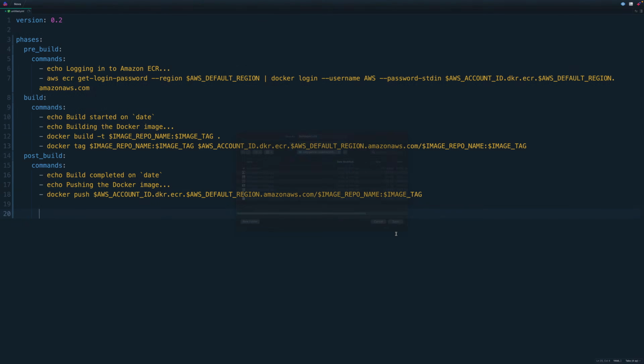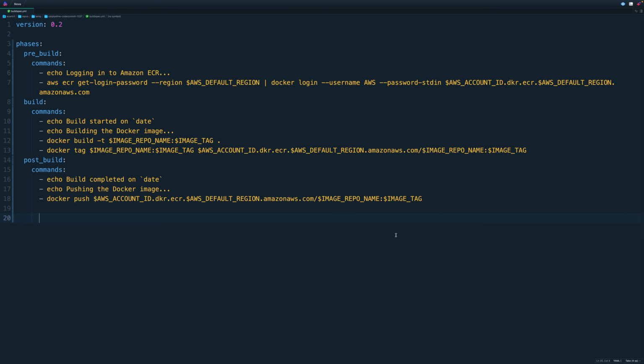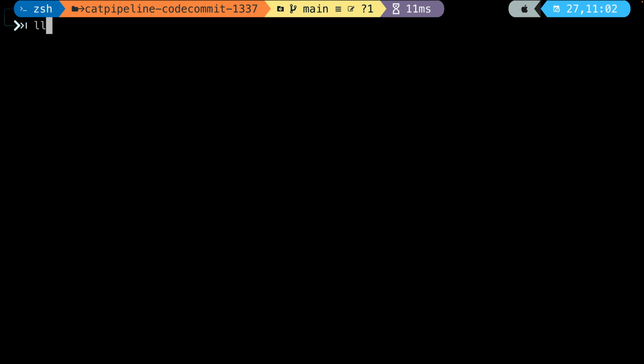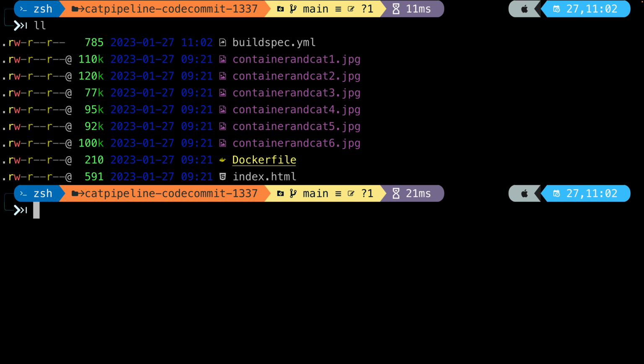And now that I've saved that file, that contains all of the directives that CodeBuild needs to execute this build environment, build the Docker image, and push that Docker image into ECR. So now I need to add this buildspec.yaml file to a local commit and then push that into CodeCommit. So I'm going to move back to my terminal, and I'm currently within my local copy of this repository. I'm going to run git add -A . to add all files